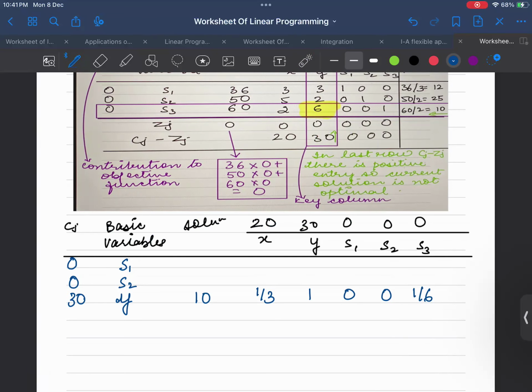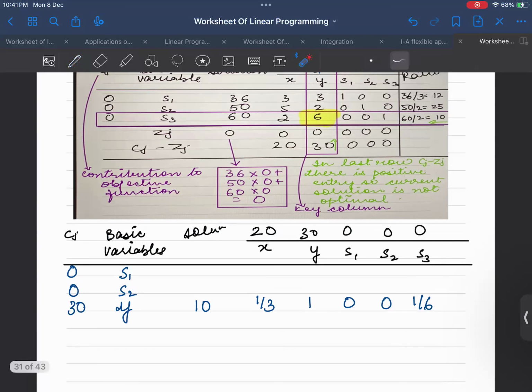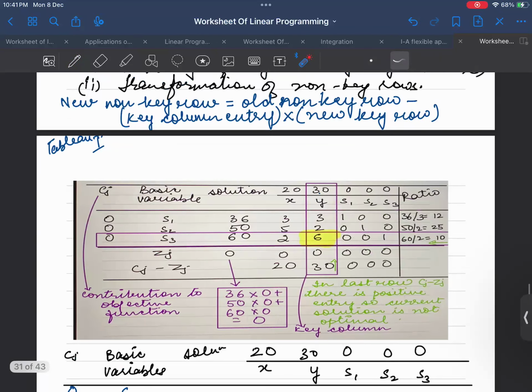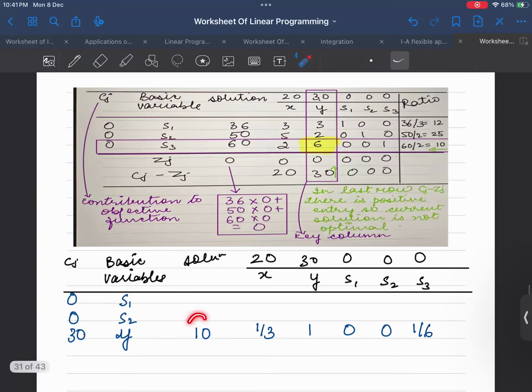हमने क्या किया है? हमने किया सबसे पहले हमारा जो फॉर्मूला में ये था, हमारी ओल्ड नॉन की रो है, हम सपोज 30 का निकाल रहे हैं तो पहले हम 36 ऐसे ही रखेंगे, 36 माइनस की कॉलम एंट्री मीन्स 36 माइनस की कॉलम एंट्री कितनी है मेरी, की कॉलम एंट्री would be my 3, sorry, this 3 and that to be multiplied by new key row. अब न्यू की रो में क्या आ गया है, 10 आ गया है ना, इसकी कॉरेस्पॉन्डिंग मुझे इसका निकालना है।